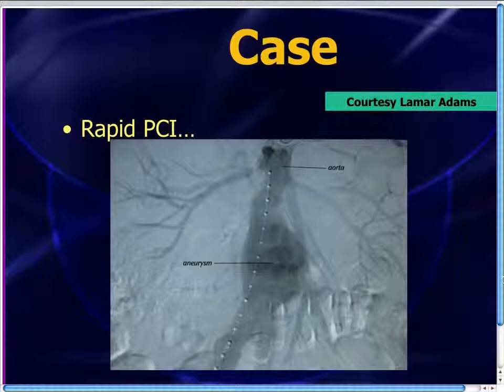This patient's got a thoracic aneurysm, and for anybody that is not good at reading angios like me, this is a clue, okay? So this is a thoracic aneurysm. By the way, I got this picture off the internet. I don't have a really good original picture of this patient, so this was taken off the internet, but essentially